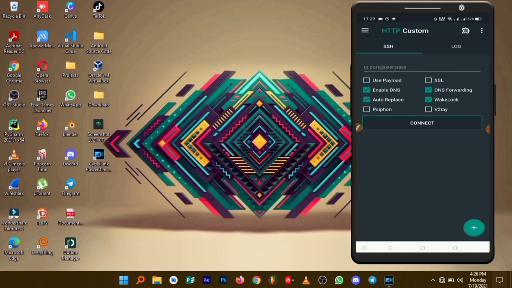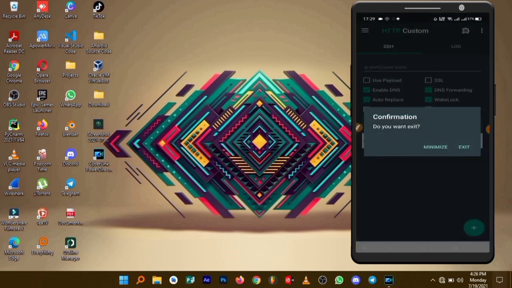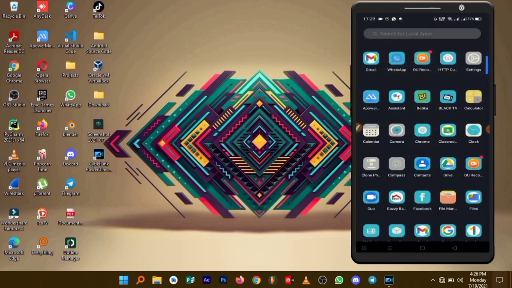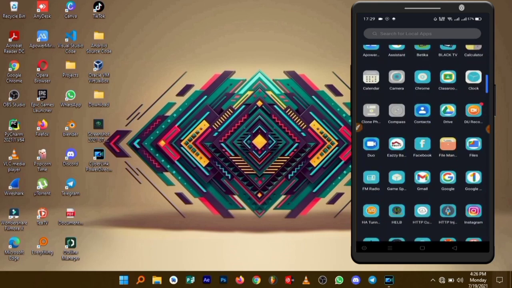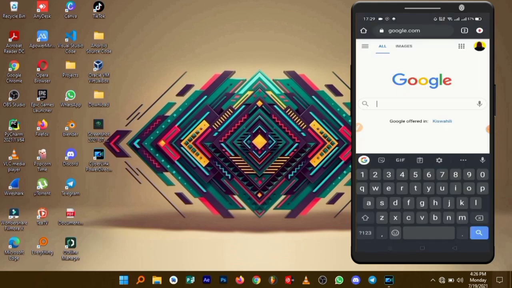We are going to be working with the fastest protocol in the app, that is V2Ray. So we are going to be using the V2Ray protocol. So we need a working V2Ray VMess. So we need to go and create one. So exit the app, go to your browser, be it Chrome, Firefox, or Safari.